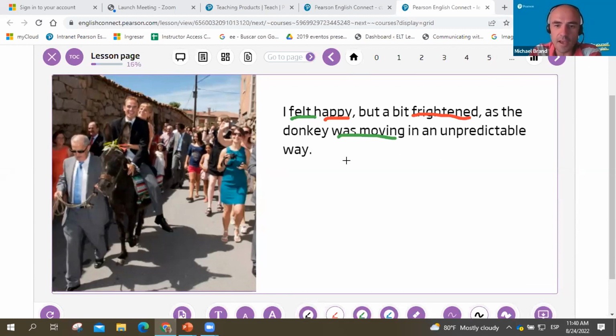My students are going to, a student's going to come up to the board, identify the past tenses, the past simple and the past continuous. I got them to underline them here. The student can come up and do that. Underline the adjective. Can they explain what the adjectives mean? So I'm just trying to demonstrate a use of the board.